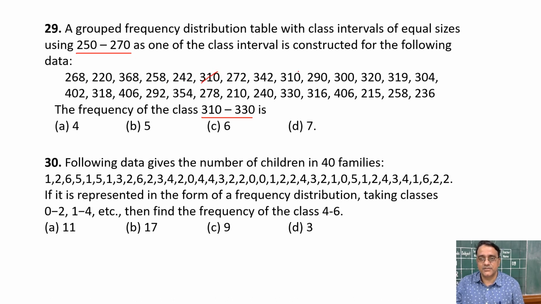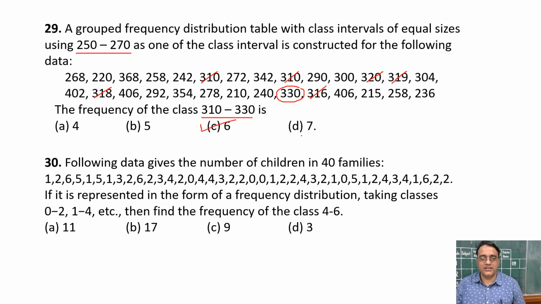1 2 3 4 5 6. Is anything left, look. Anything is left? No, sir. Right. So the correct answer is... Sir, one is left. Which one? Tell me the number. Sir, it is 5, it is correct. This one should not be counted, the upper limit. Is anything else left? No, sir, nothing is left. Yes, so the correct answer is C.